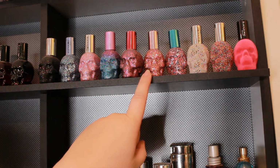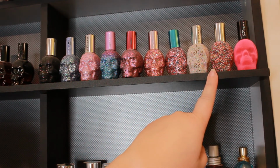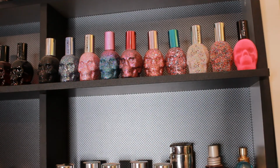This one's called Solar Flare. And this one is called Sugar Crystal, and the last one I have is called Fuchsia Fatale. So like I said, there are so many more of these Hot Topic ones, and I would love to get my hands on these. I could probably find a few of them secondhand online, but I really wish Hot Topic